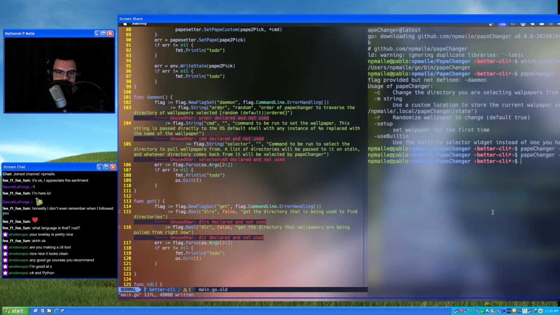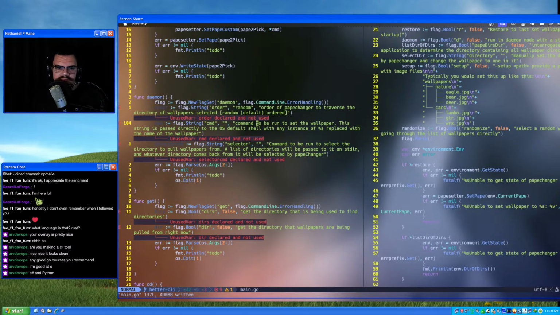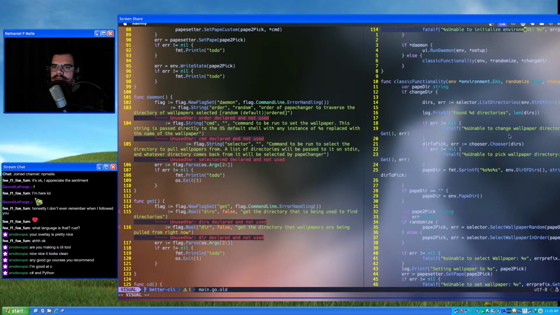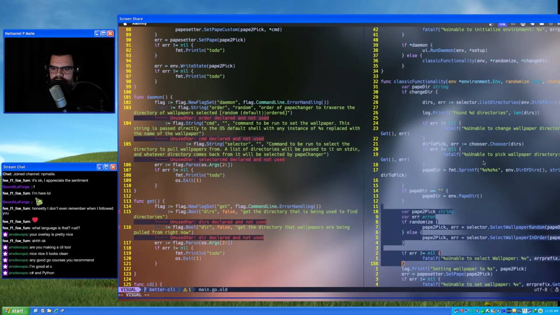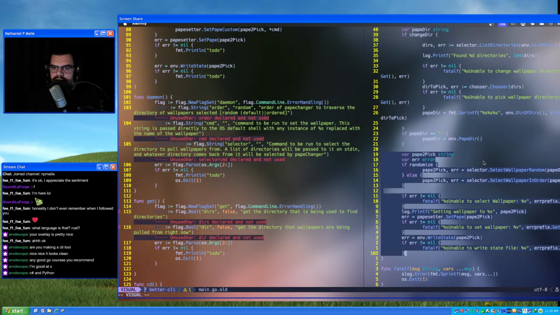The only problem is, what if somebody wants to use a different selector widget? So we're going to take care of that here. So I'm trying to think of how to go about doing that. I suppose we just get to it, right? So the daemon, let's see. I'm going to get rid of this stuff as I write it, so it's less to look through. Like, we already got all this stuff figured out, so we can just get rid of that.